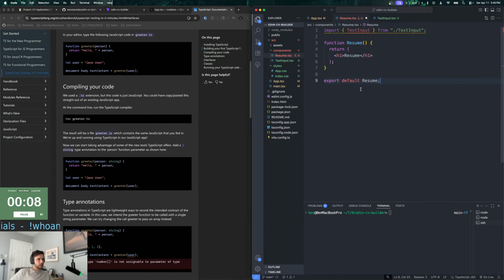So, okay, let's go back to thinking about what I was. You do a base type interface for the HTML input element and extend that with your custom props. Okay, so I would put that type here in the resume file. Or should I have another folder for types? What would you recommend for that?